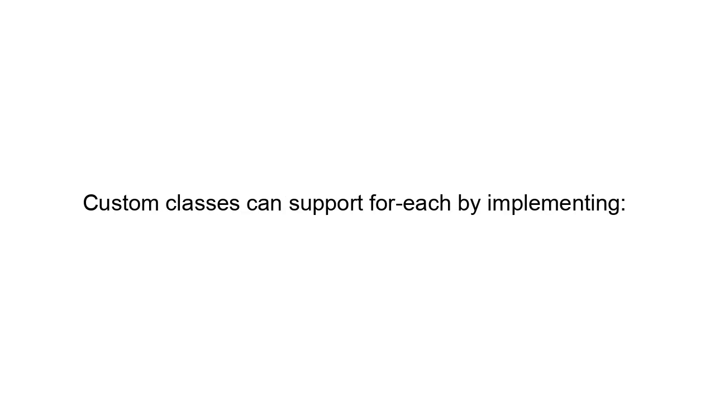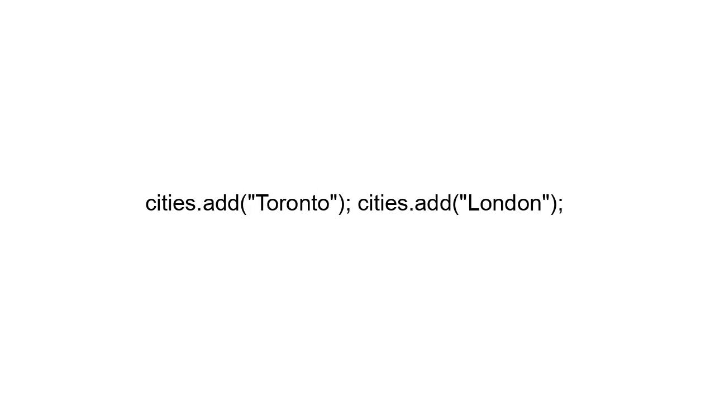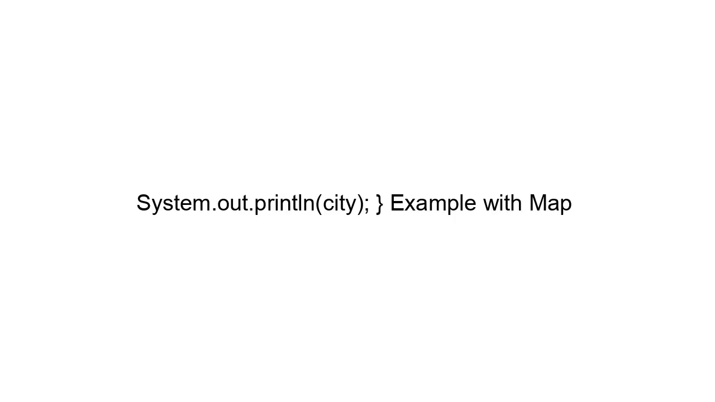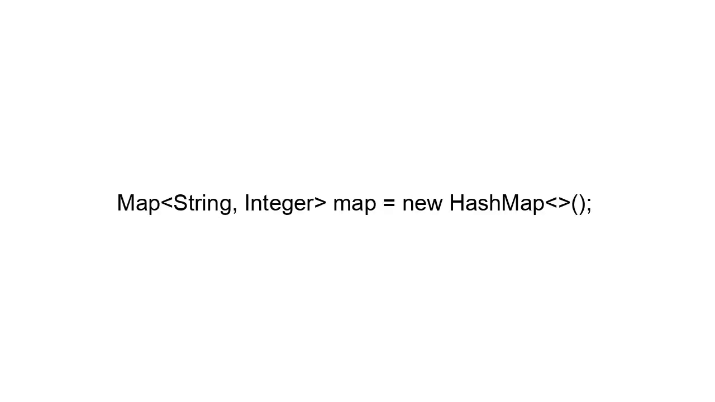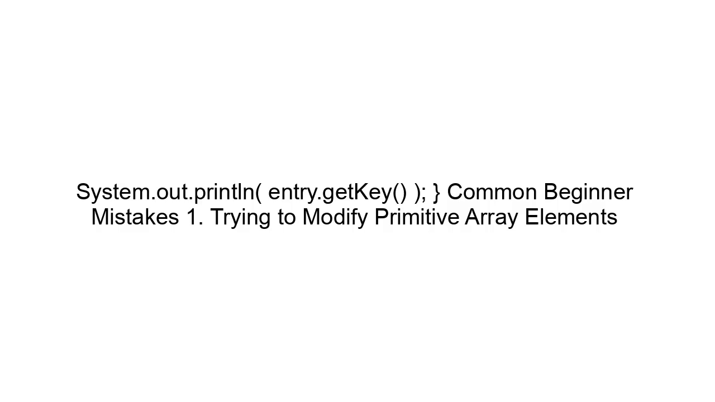Custom iterable classes. Custom classes can support for each by implementing Iterable<T>. Example concept: a custom class that implements Iterable is usable in for each. Example with a set: Set<String> cities = new HashSet<>(); cities.add("Toronto"); cities.add("London"); for (String city : cities) System.out.println(city); For maps: Map<String, Integer> map = new HashMap<>(); for (Map.Entry<String, Integer> entry : map.entrySet()) System.out.println(entry.getKey());